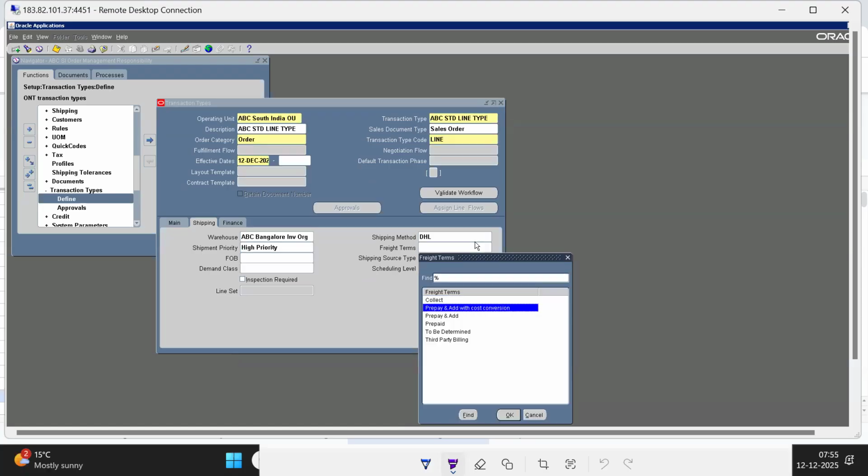Okay, fine. So freight terms: collect, prepay and add, prepaid, to be determined, third party. These are all predefined freight terms. So collect, in the sense that you are shipping the material, who is responsible for